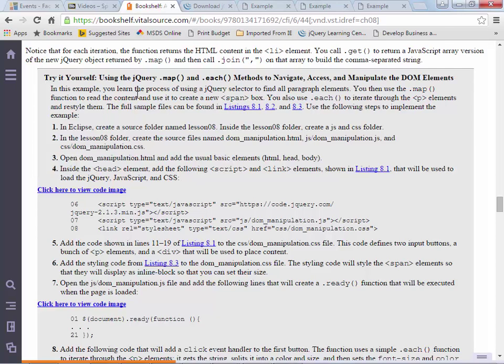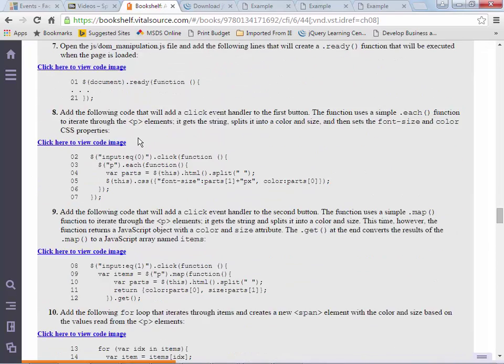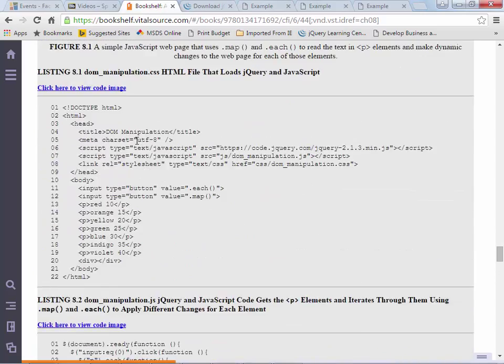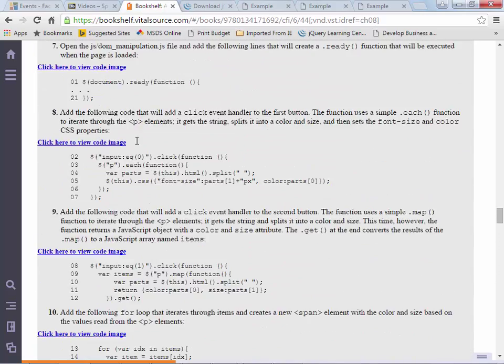So in this example, you learn the process of using a jQuery selector to find all paragraph elements. Then you use the map function to read the content and create a new span box. You also use the .each to iterate through the paragraph elements and restyle them. So again, the code is all found here, here, and here. But before we do that,